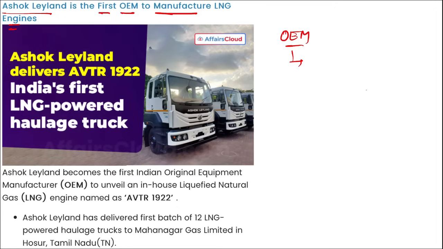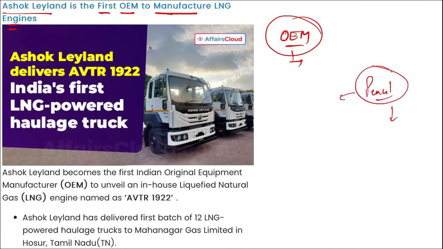Say for example, I want to make a pencil brand, right? There are 2 ways. One way is I can set up my own manufacturing, printing and everything. Second way is that I'll contact a manufacturer who is already making pencils and ask them whether they can print my brand on their pencil when it is manufactured and then deliver it to me, right? So that means I am outsourcing my packaging and making of products,